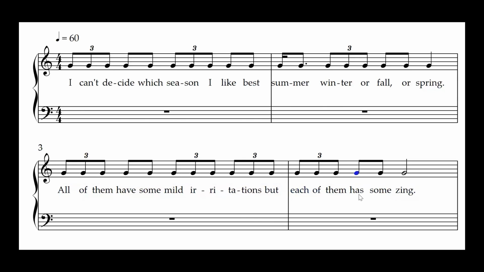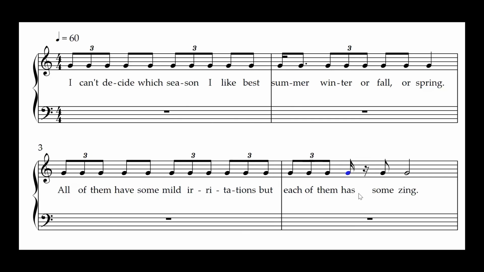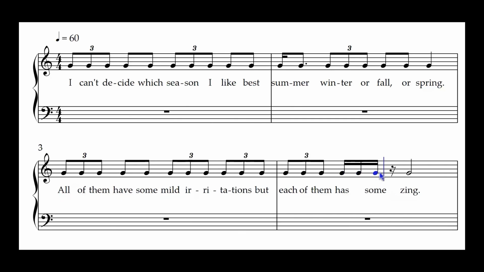Let's try this. Each of them has some zing, right? Has. So let's try like as some, and then we'll move that there. So when you write more than one note per syllable, you slur them together so that we know, right? As some zing. Okay, so now that we have our basic rhythm, and it's really easy with certain texts, especially